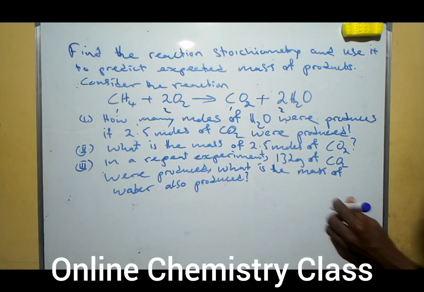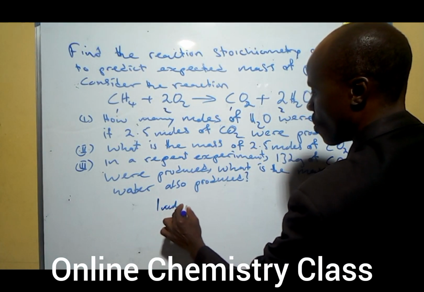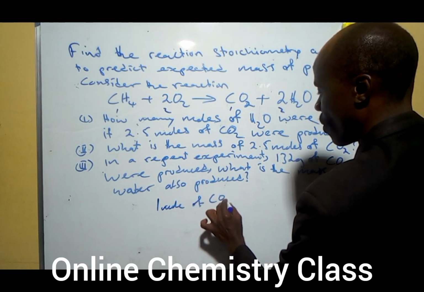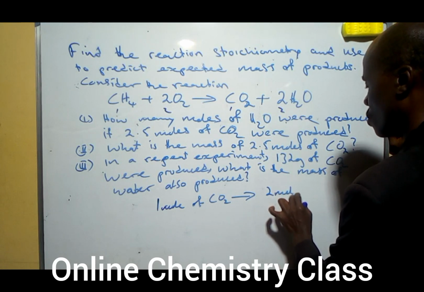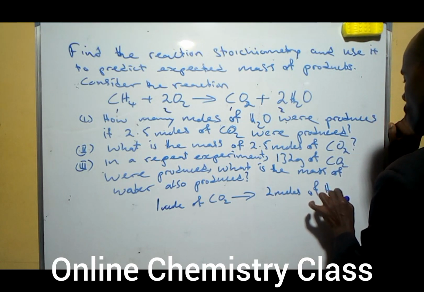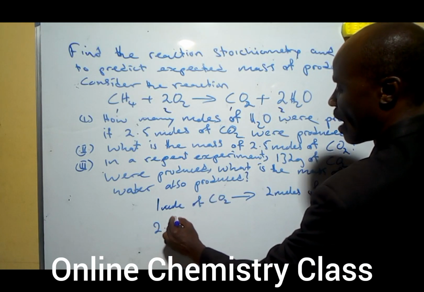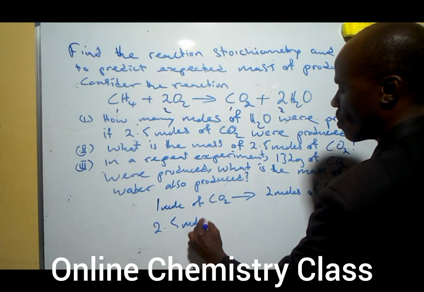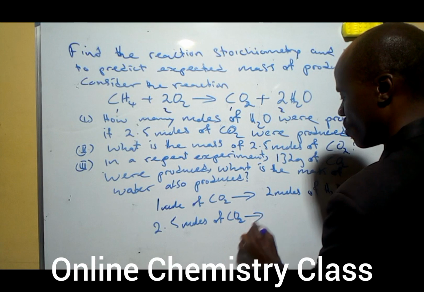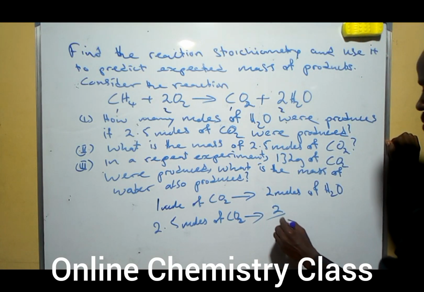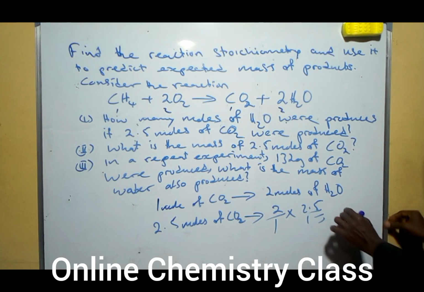So in that case, if 1 mole of carbon dioxide will give us 2 moles of water, then 2.5 moles of carbon dioxide will give us 2 over 1 times 2.5 over 1. That will give us 5